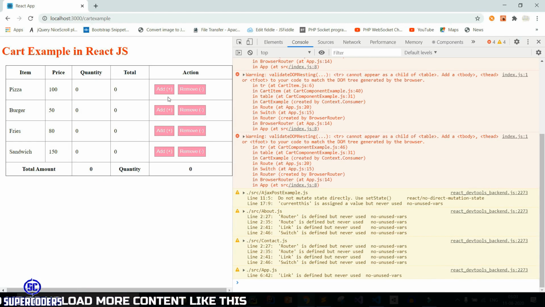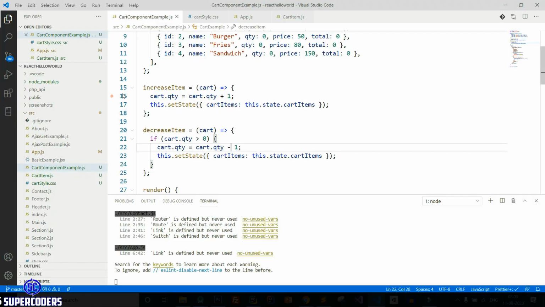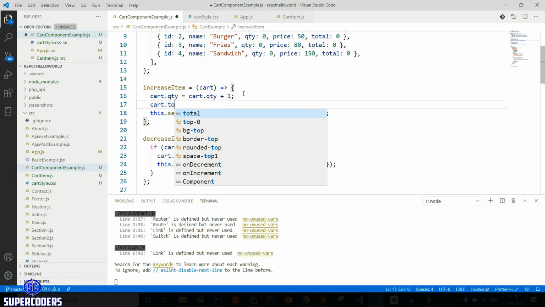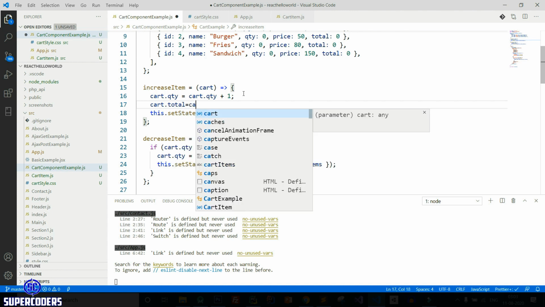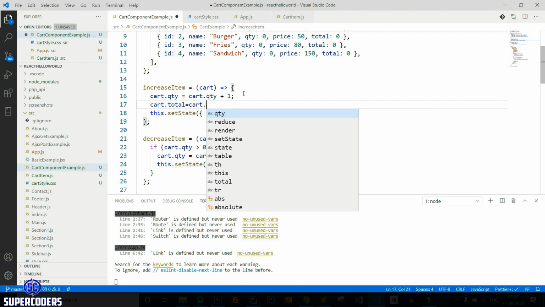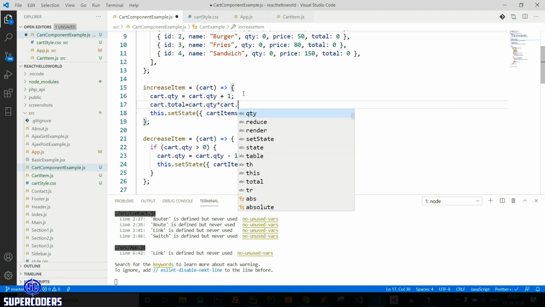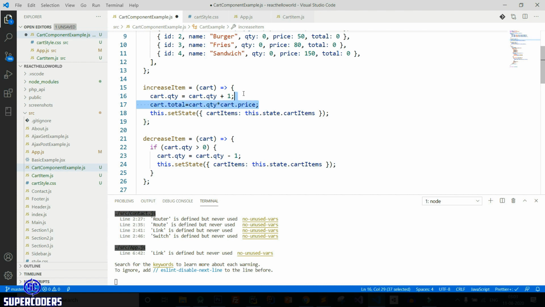Now let's see. You can see it's working, but total is not working. Let's fix this total also. So cart dot total equal to cart dot quantity into cart dot price.